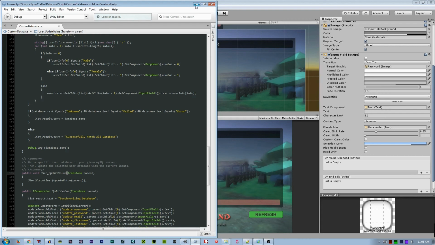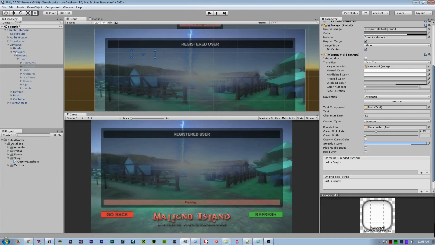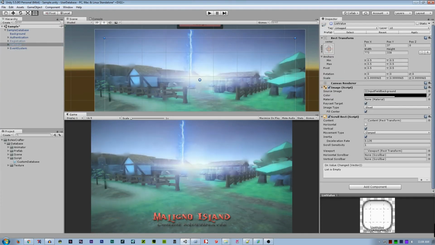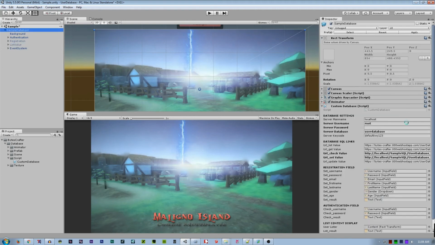So let's try if it works. Let's deactivate this, and then here we get the local host of the check value and apply it to the list value.